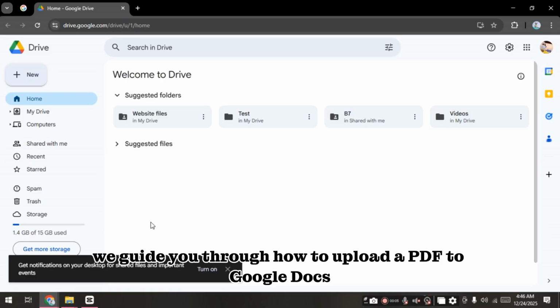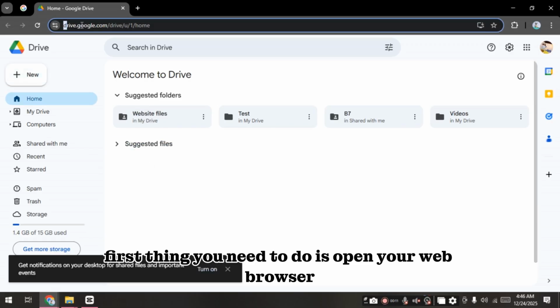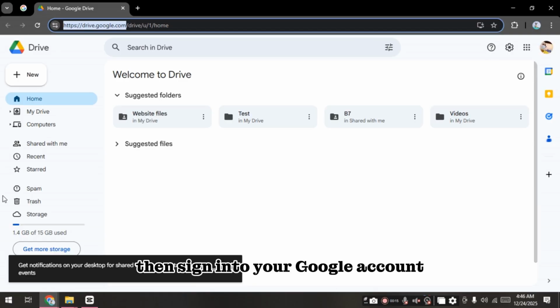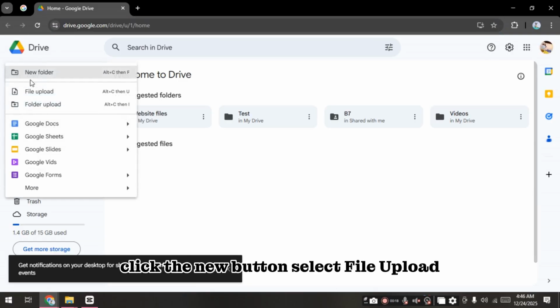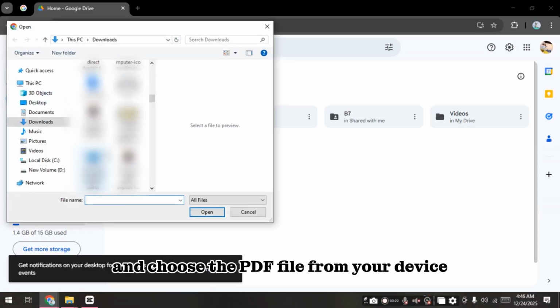We guide you through how to upload a PDF to Google Docs so you can view and edit it easily. First thing you need to do is open your web browser and go to Google Drive, then sign in to your Google account. Click the New button, select File Upload, and choose the PDF file from your device to upload